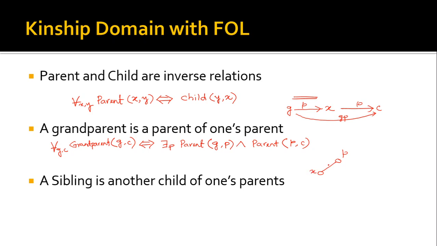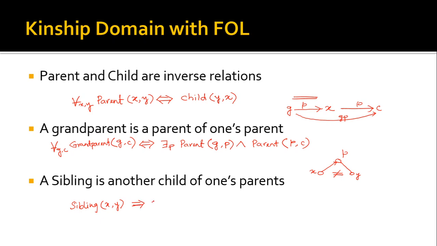This P is a parent of X, and you have another child, say Y, of P, and you have to make sure that X and Y are not equal. So let us see how to model this. You say sibling XY